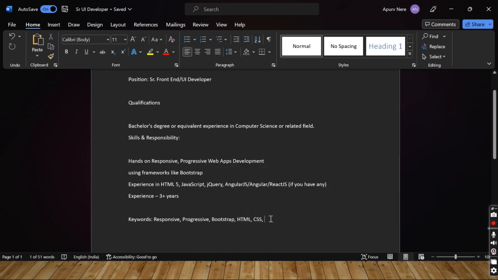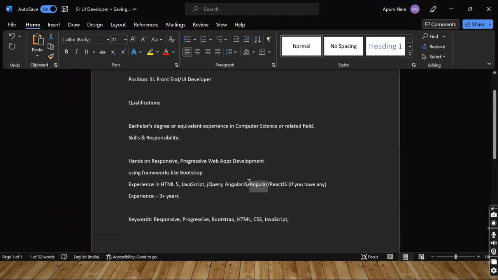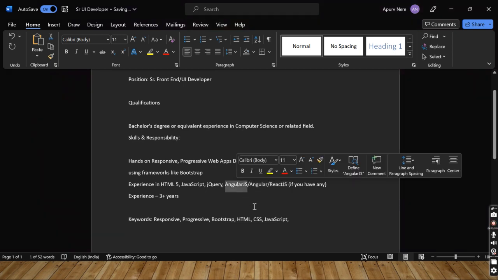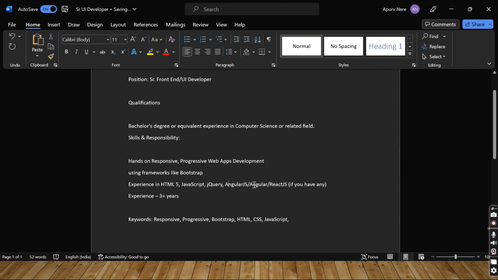Now the next keyword is JavaScript. JavaScript is used to add functionality to the pages, such as when we click here, something should happen in the backend, or this page should lead us to another page. These kinds of functionalities are implemented with the help of JavaScript. Next, they have given us the frameworks. As mentioned over here, any one of these frameworks should work, if a person has experience with AngularJS or Angular or React.js. If he has